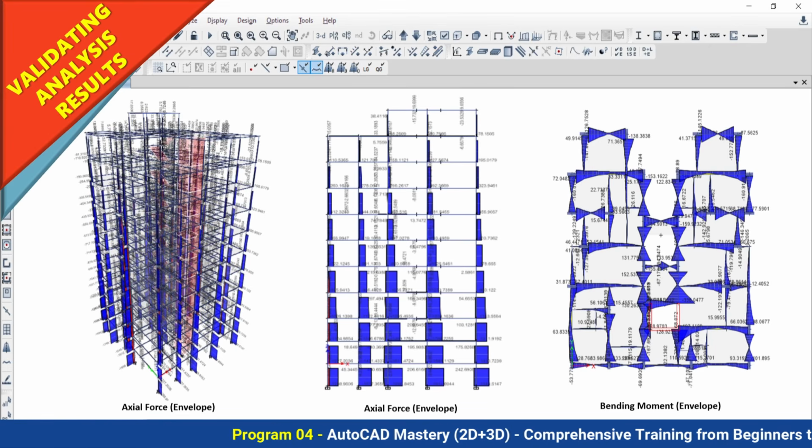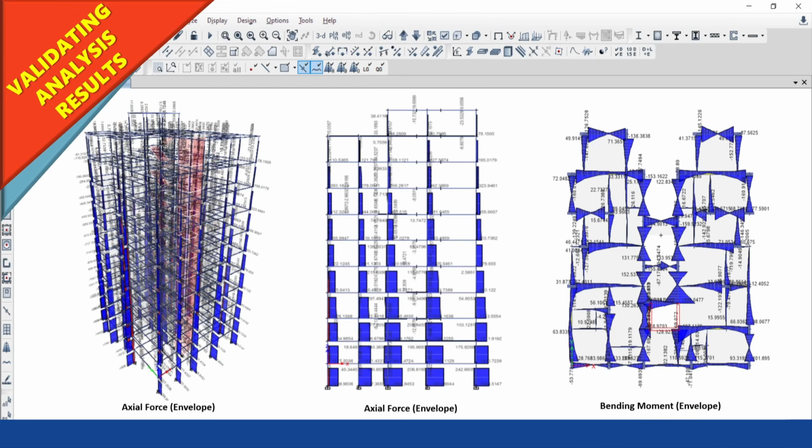Who will ensure all the members are passing the load to the supporting member? Whether your lateral load is considered or not, whether your lateral load is transferred or not, whether your wind load, earthquake load, static analysis, dynamic analysis have been performed correctly or not. Who will ensure that? So this is very important, and we are going to understand it.